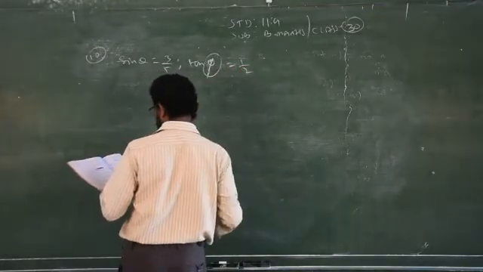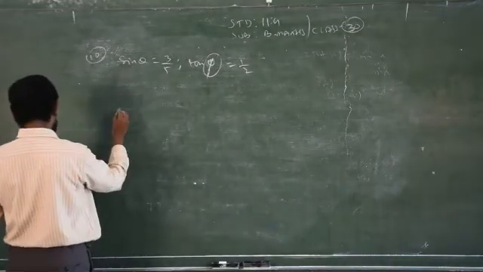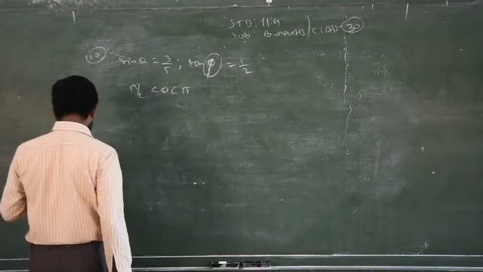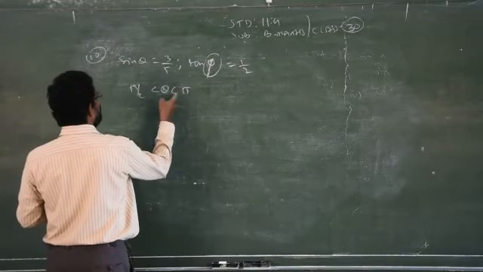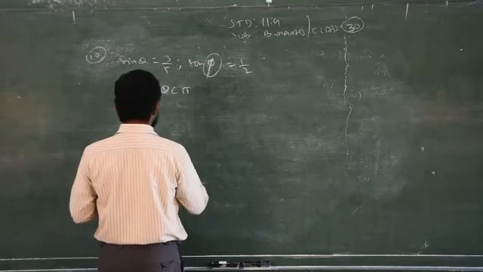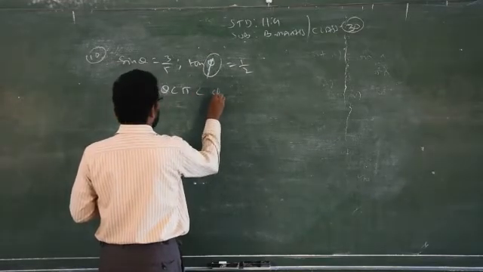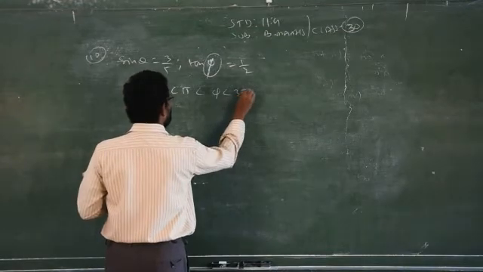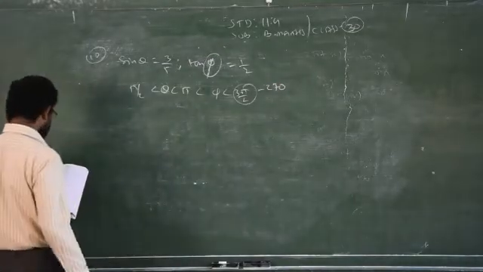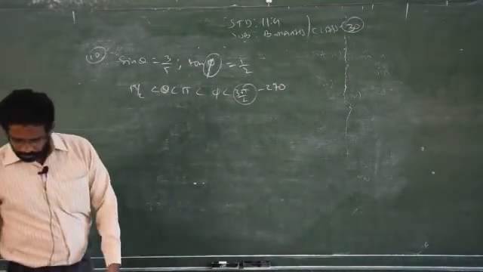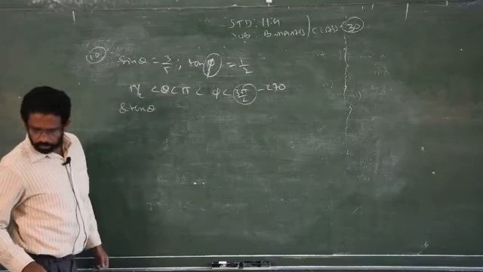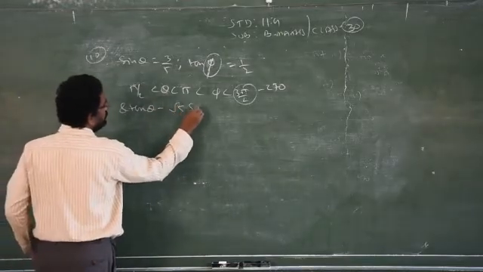1 by 2. But some conditions are given: theta lies between pi by 2, that is between 90 and 180, where phi lies from 180 to 3 pi by 2, which is nothing but how much? 270. Clear? So now you have to find the value of 8 tan theta minus square root of 5 secant phi.